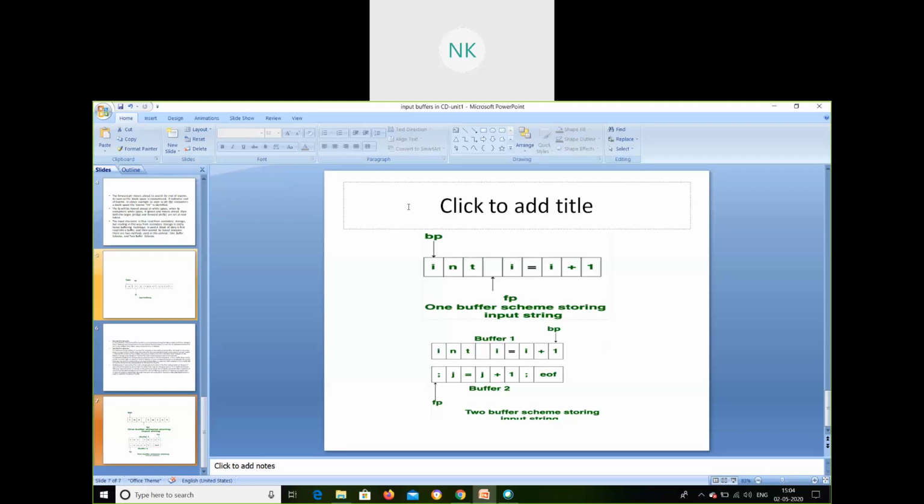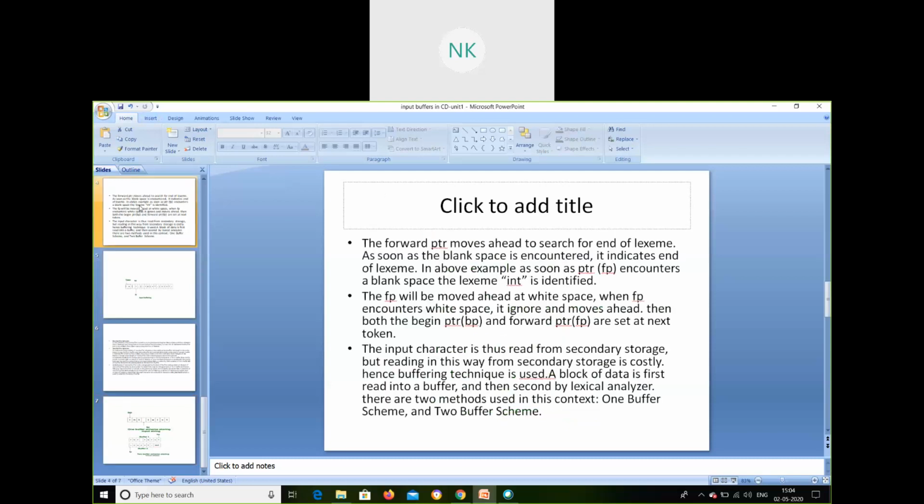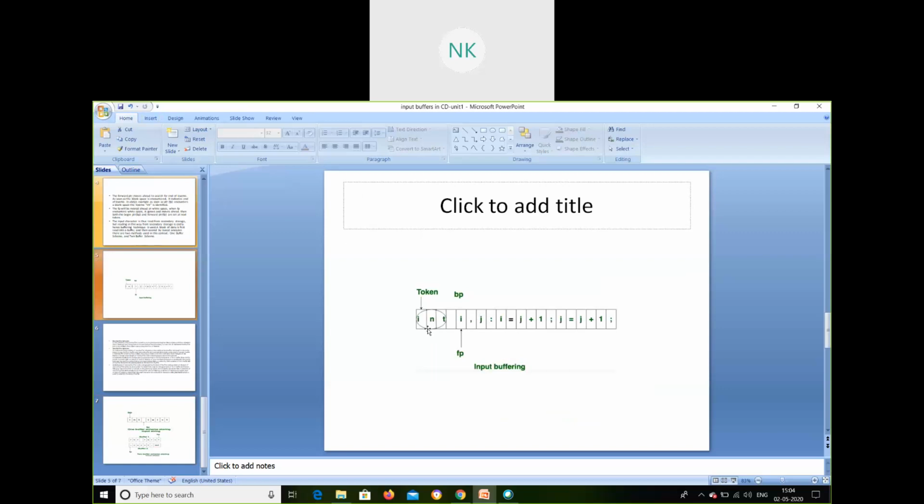So what is the need for a temporary memory in compiler design? Whatever data or expression we give, the program is scanned from left to right, character by character. For example, if I give int i = 0, in the program it will be i n t, and each character will be held in a block. Then it will hold the remaining variables that we mention in the buffer.